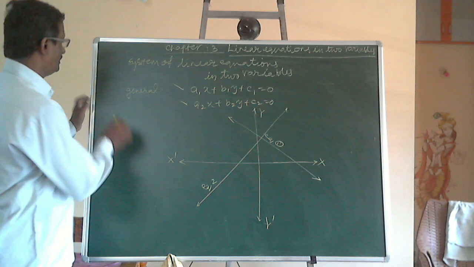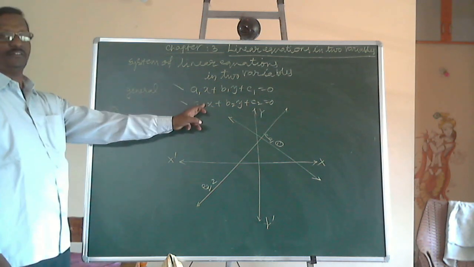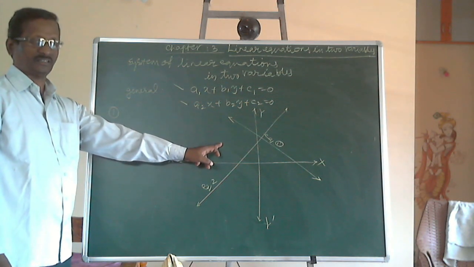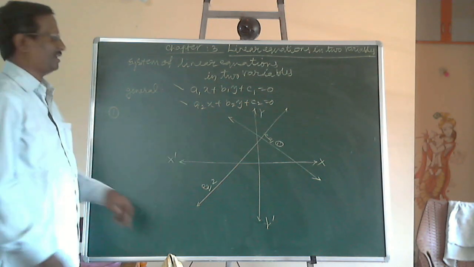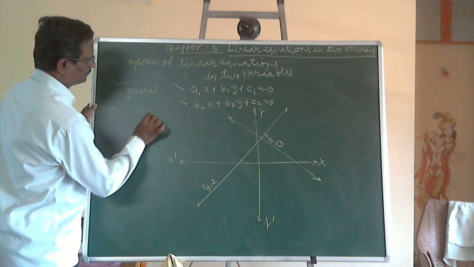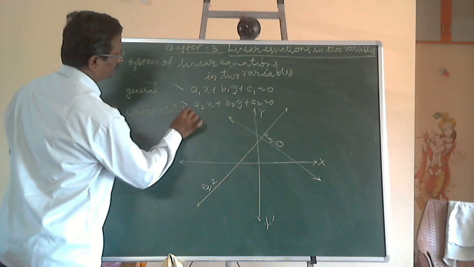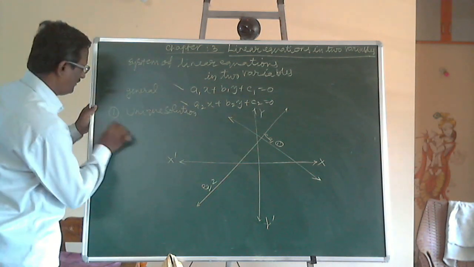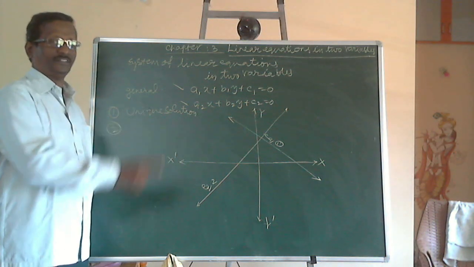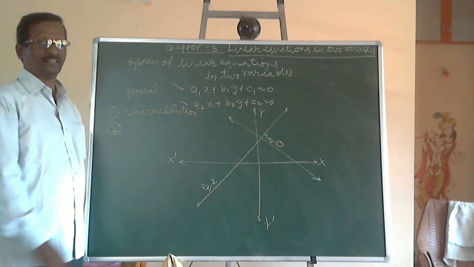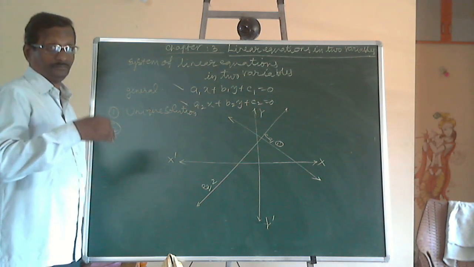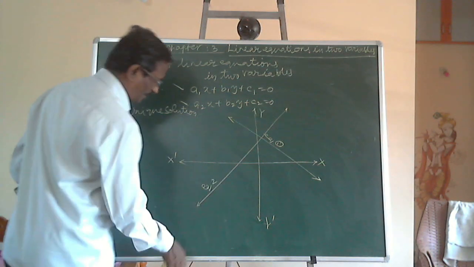Here, this is case 1. When a system of linear equations is represented on the graph, we may get intersecting lines. In case of intersecting lines, the system has a unique solution. There is no rule that the two equations always represent intersecting lines. In case the two equations are representing parallel lines, an example,